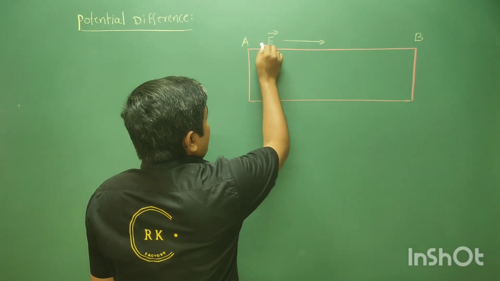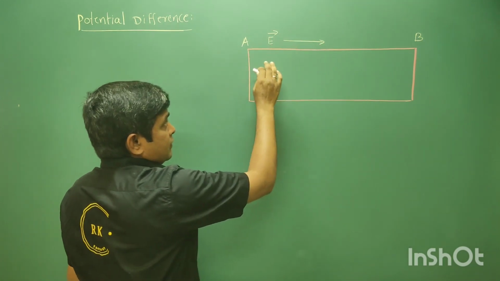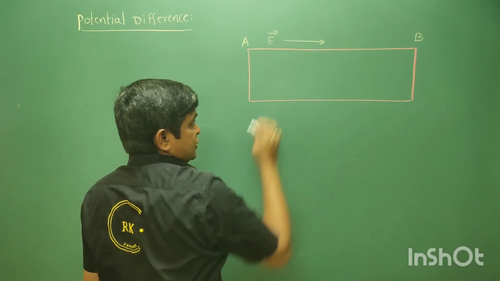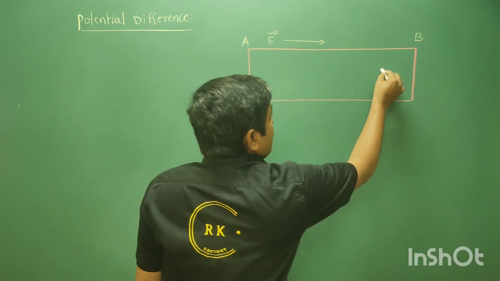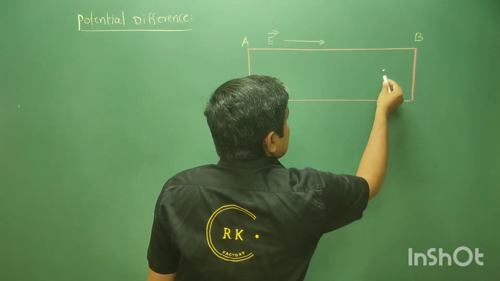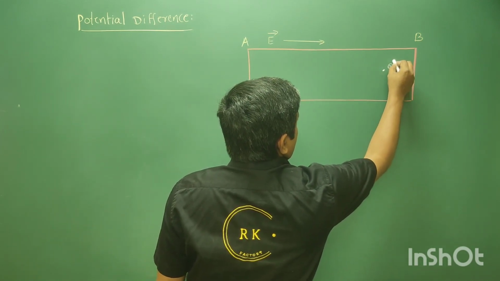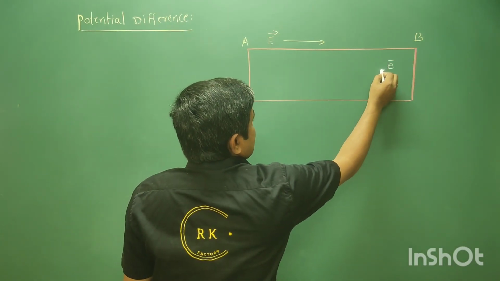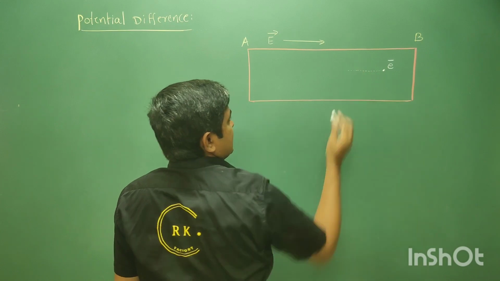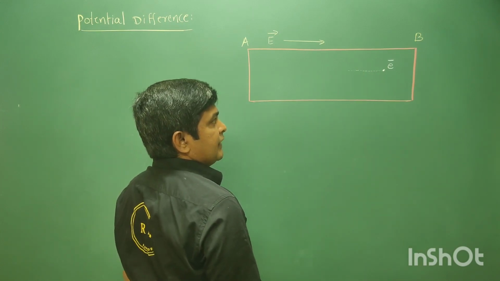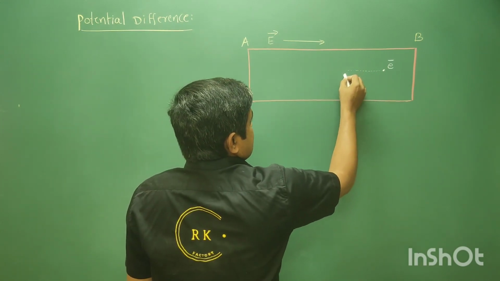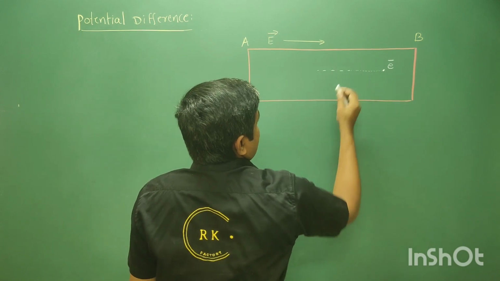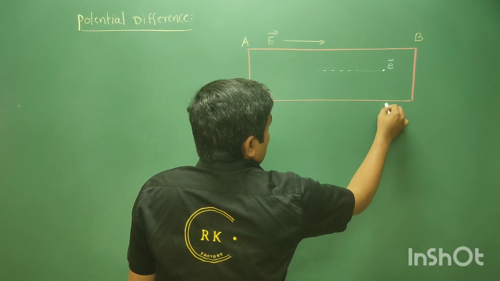Because I have shown the electric field direction is this, but electrons are going to move in the opposite direction. If electrons which are here at this are going to move in this direction, they are going to move in this direction. Are you getting me? So if this is travel, the distance of length L,